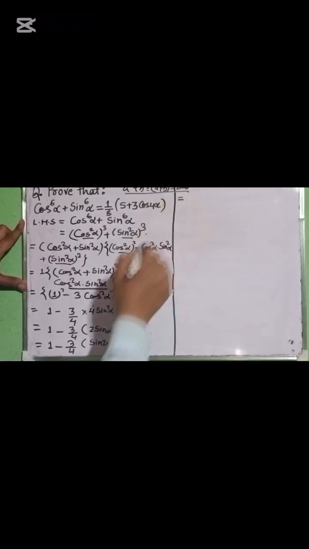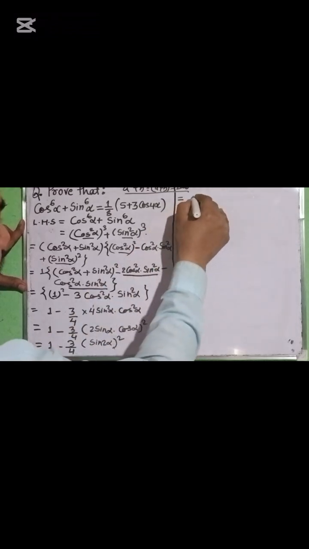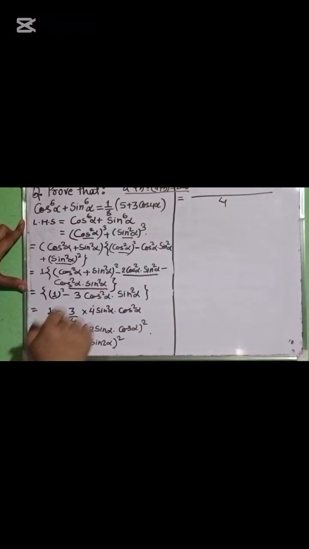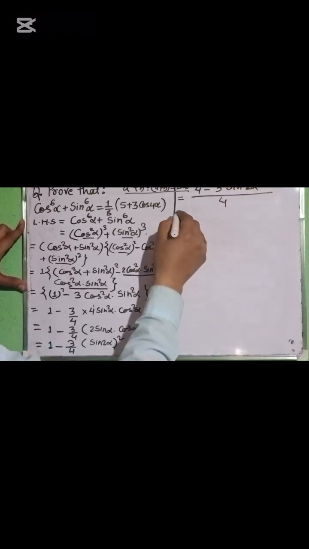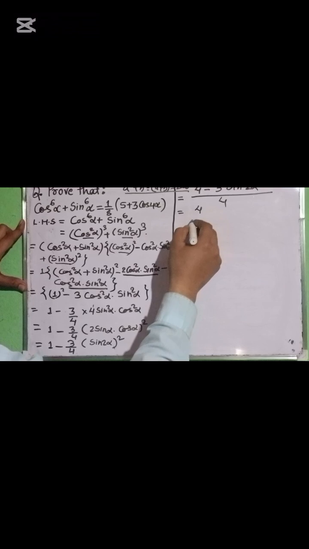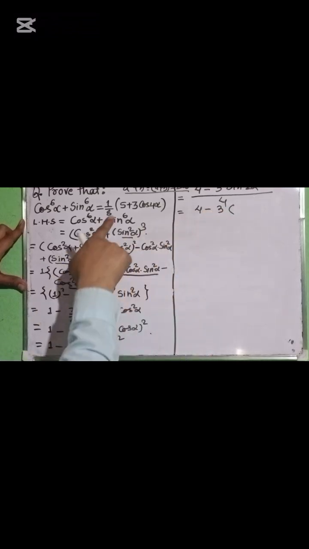Okay, see here. After this, it equals here, and if you take the LCM here, you will get 4 as the LCM. Then 4 ones are 4 will be here, minus this is 3, and remove this bracket, then it will come sine square 2 alpha. Okay, then again write here 4 minus 3,